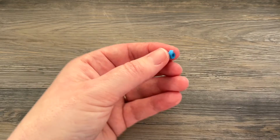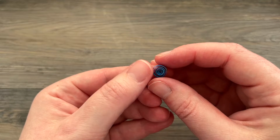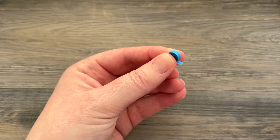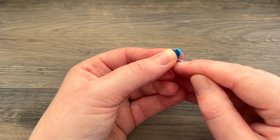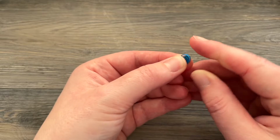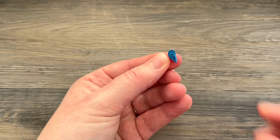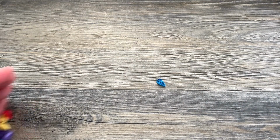Take that off of your tool and let it open up a bit in your hands. And then we're just going to turn it into a teardrop, which is just, after you add your glue to your tail, you're just going to give it a good pinch. And an easy way to hide that seam is by making that the end of your point. Just like that, really fast, and that's going to be our little light bulb, but you're going to need a